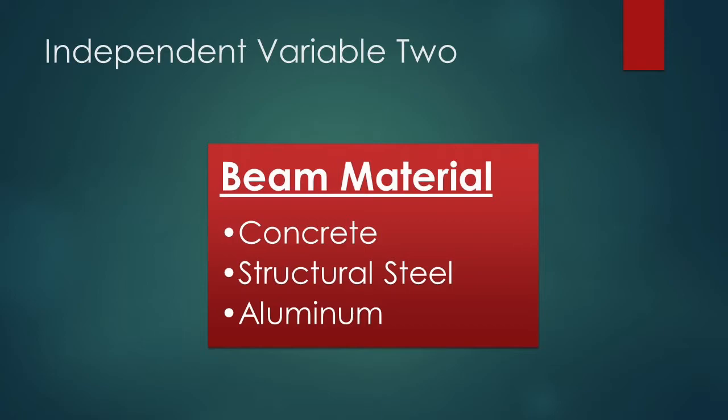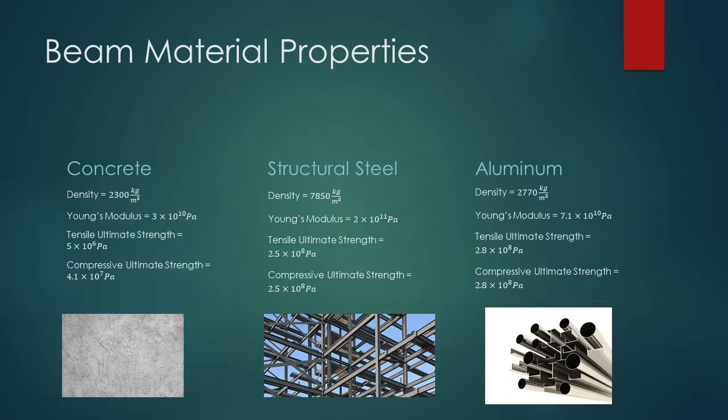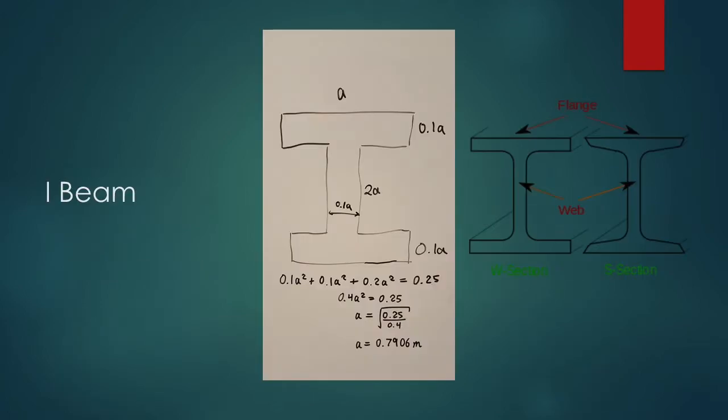These materials have different properties: density, modulus of elasticity, and yield strengths for both tensile and compressive forces are just a few. Thus, they perform the best in their own unique situations. For example, while concrete is very resistant towards compressional stress, it does not perform well to tensional loading, whereas aluminum performs almost equally well in both tension and compression. The beam shapes also have their own properties, such as their unique abilities to resist multiple types of loading, such